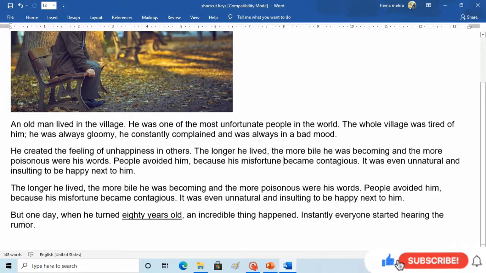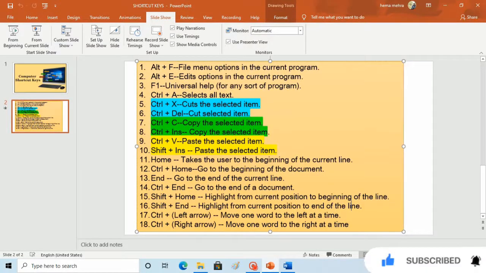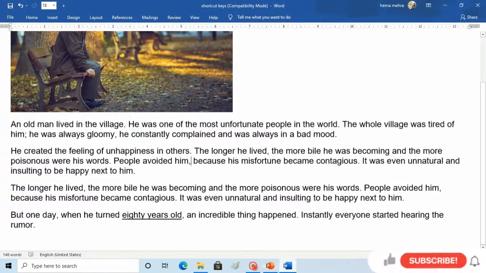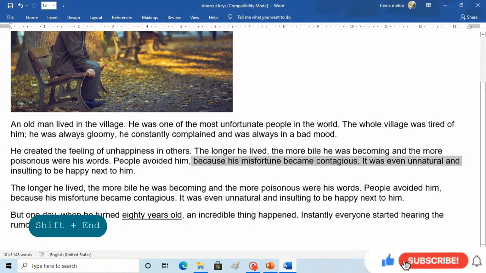So I am putting my mouse cursor here in the middle of the story and going to press Shift plus End. Now you can see wherever I kept my cursor and pressed Shift plus End, the rest of the line in which I was working got selected.